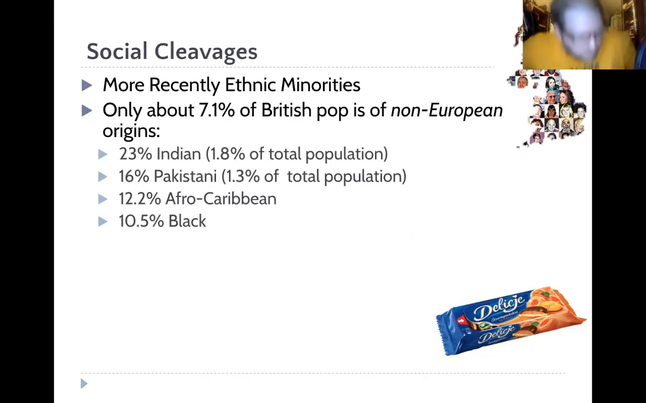So 23% of the non-European minority population is Indian, which is about 1.8% of the population. 16% is Pakistani, which is about 1.3%. And then your next two largest clusters are Afro-Caribbean, and then straight up Black from Africa. You have other elements of the British population that are European, but not English, Scottish, Welsh, or